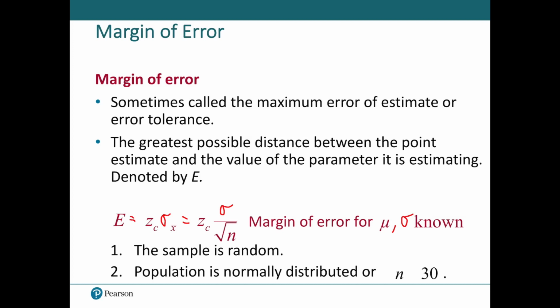And this is kind of a rehash of what we did. I just want to get to some other examples. E equals Z times sigma sub x bar, or Z times sigma over square root of n. This version does use this little thing of C, but keep in mind that Z is only going to equal one of those magic values, 1.65, 1.96, or 2.58.